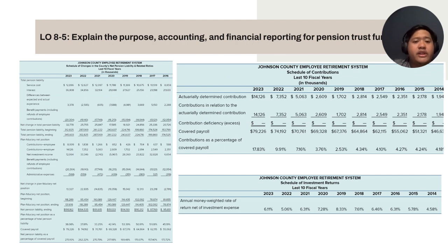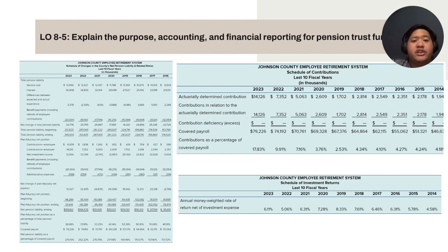And now looking through the last schedules needed for this pension. Now the schedules of changes in net position, liability, and related ratios. Looking at only certain points of it, we would be looking at the total pension liability, which is the portion of the present value of projected benefit payments to be provided through the pension plan that is attributed to past period of employee service. Within this total pension liability, the service cost is included, which is the portion of the actuarial present value of the projected benefit payments that is attributed to the current year. And then lastly, the covered payroll is the payroll on which contributions to a pension plan are based.